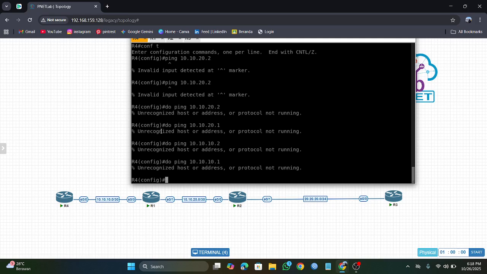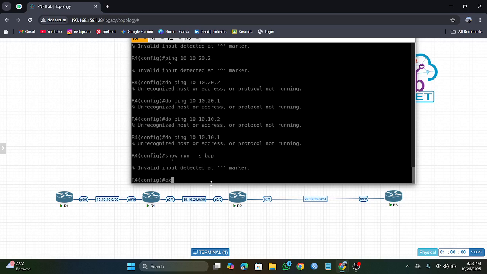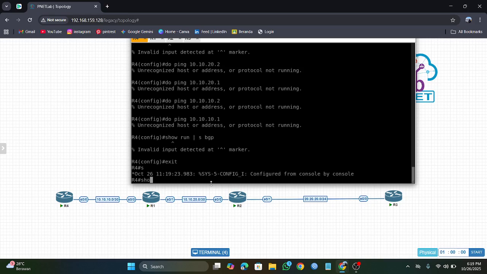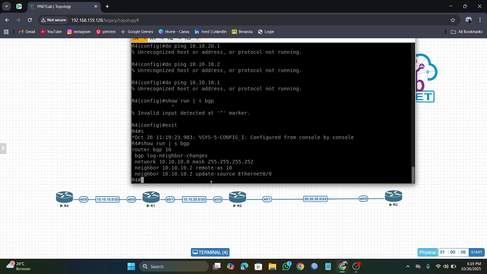If you ping to a different AS, you cannot do so because you have not implemented what is called route reflector.